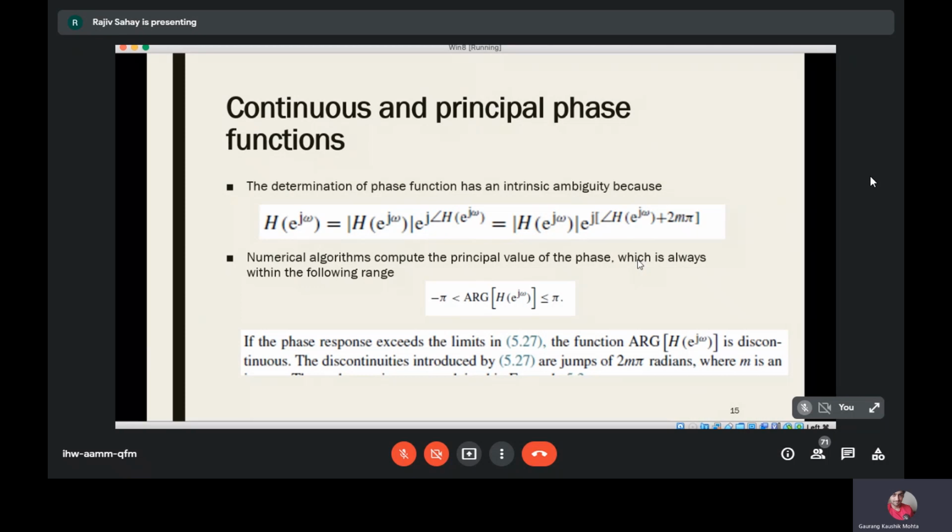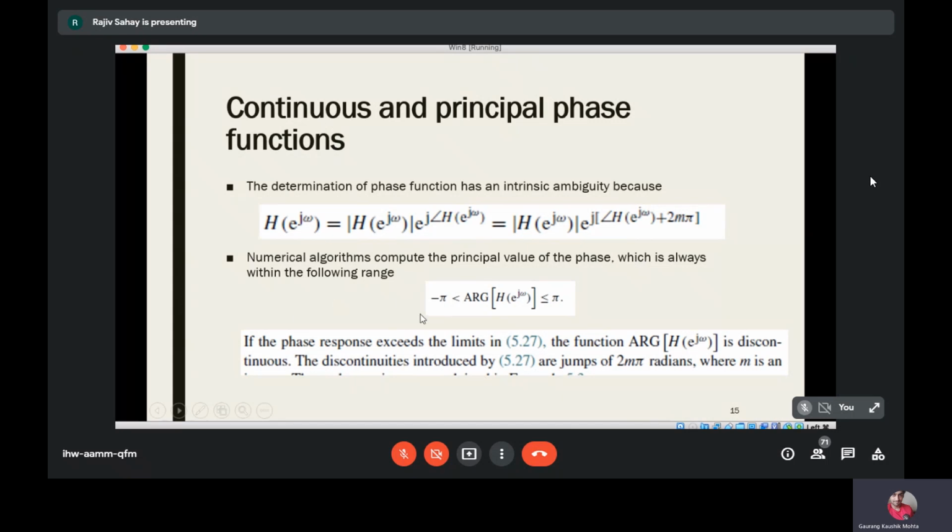Now imagine that the same graph is repeating, say from minus pi to minus 3 pi, or from plus pi to plus 3 pi. So the same graph is repeating, and you have wrapped two sheets or three sheets of paper around that cylinder. Are you able to understand what I'm saying? If you open up all those sheets, you will get repeated graphs. That is what I have written here.